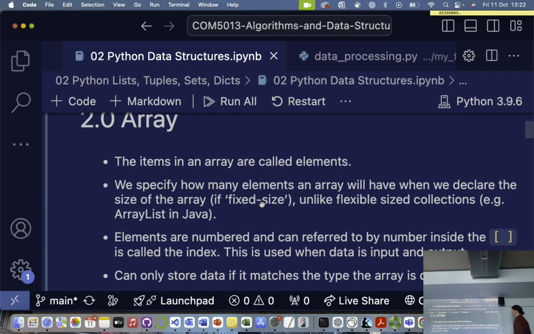If we're in a language which is statically bound, like C, C++, Java, we would have to say up front what the size of the array is. It's a little bit different with a Python list, we don't have to specify the size. Indeed, it's flexible. We can add things on if we need to. We can append to the end of the list. We can put things in the middle of the list. It's quite easy to add and remove things in a Python list, but in a fixed-size array,